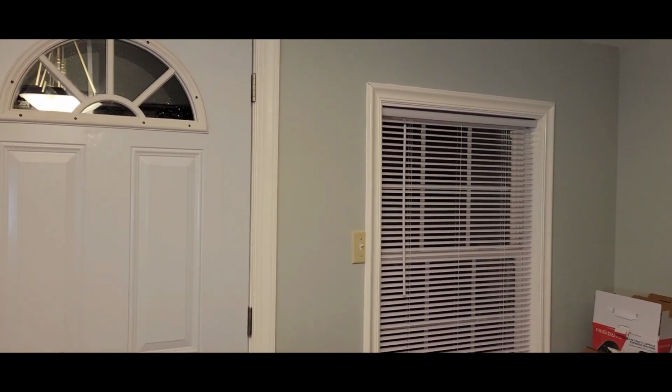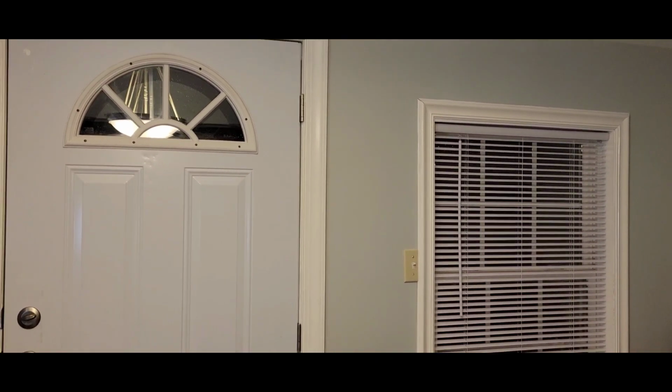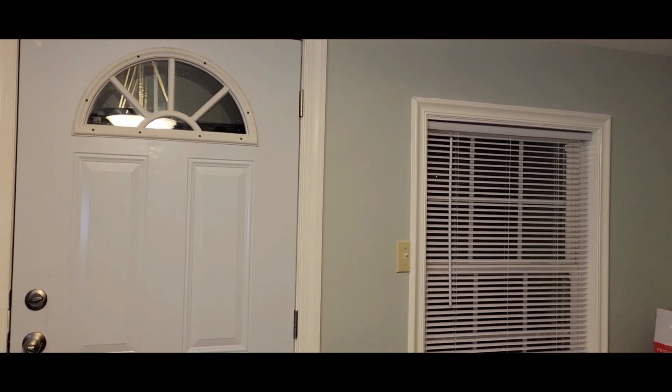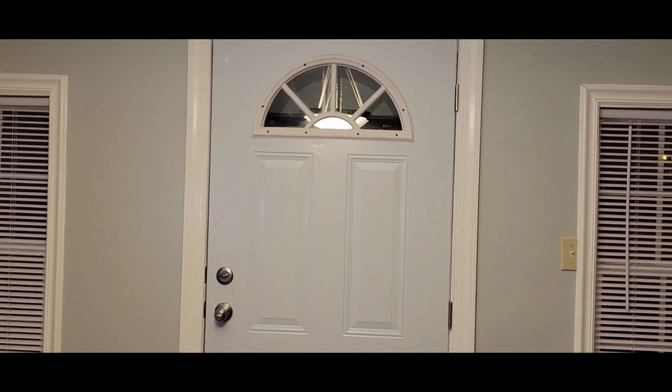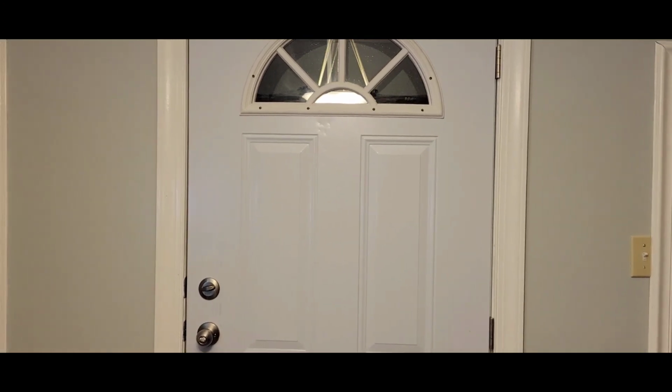The blinds have been installed. And as you can see, the color is sea salt blue. The trim is white. And this door here is one that my husband picked up from a